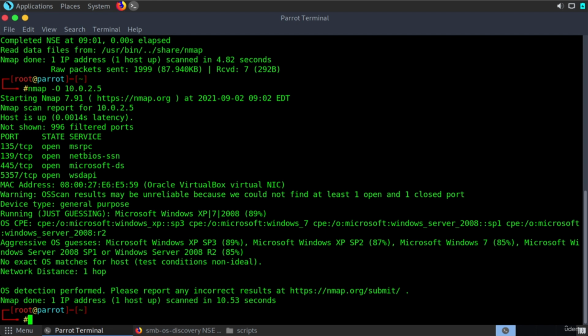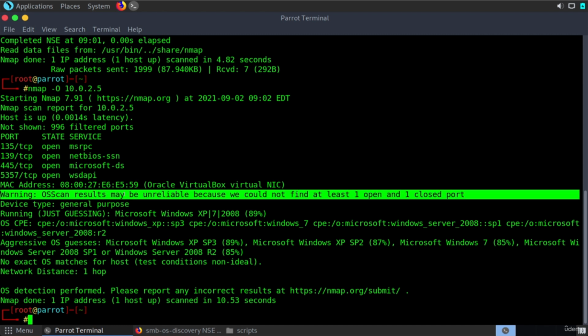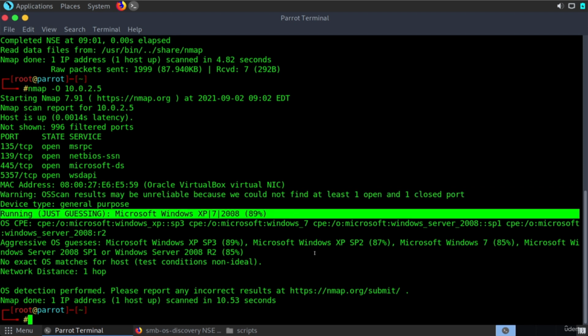There we see our results pop up, and we do have a message here near the top letting us know that OS scan results may be unreliable because we could not find at least one open and one closed port. This lets us know we don't exactly know what this operating system is, but the best guess is that this is a Microsoft Windows machine of some sort, and nmap has an 89% reliability rate that is